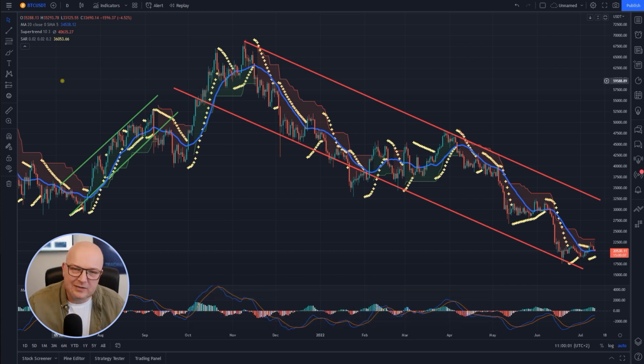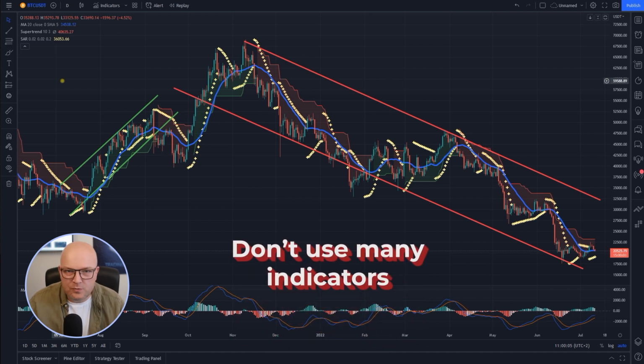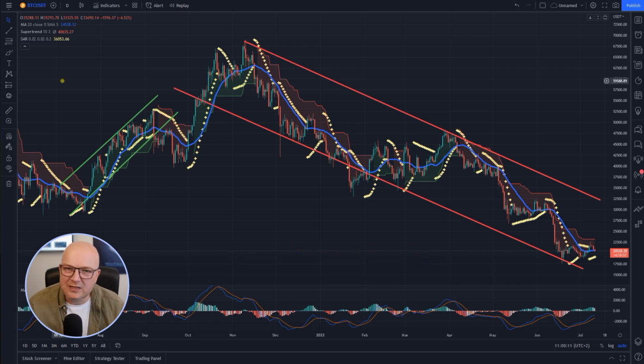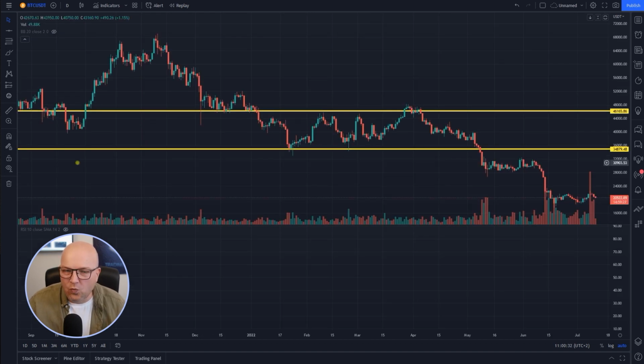For the beginning, it's always good to find a middle ground, so you don't want to use too many indicators that are going to complicate the analysis for you, but you also don't want to rely on just one indicator. So try out a little bit to find a balance on what suits your eye the best and what makes your life the easiest to identify in what circumstances within the trend the market currently is.